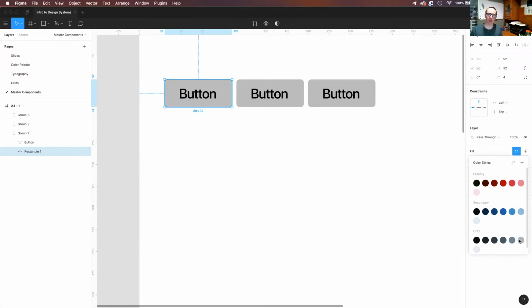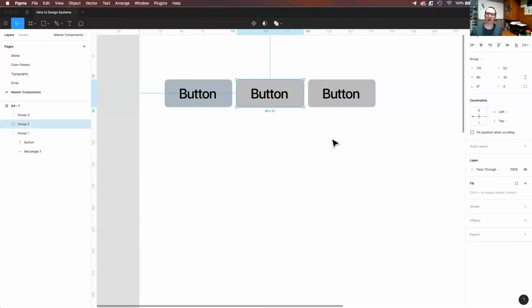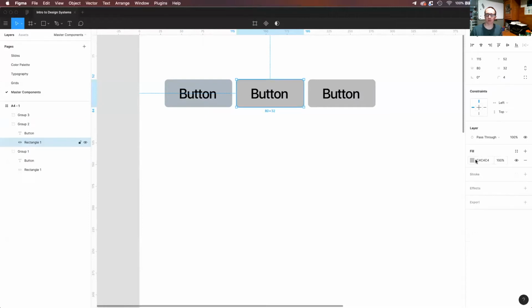So I'm just picking a gray for now. Normally we'd put some thought into this, but I'm just picking a gray. And look, it's even got that little blue tint to it. Maybe for my active state, I want to do one that is, let's take our